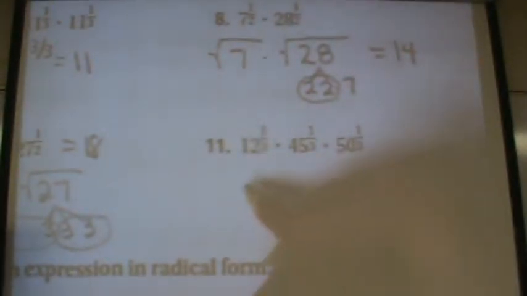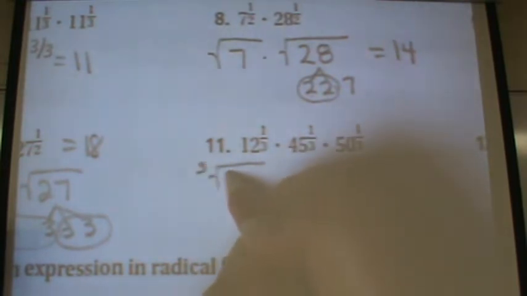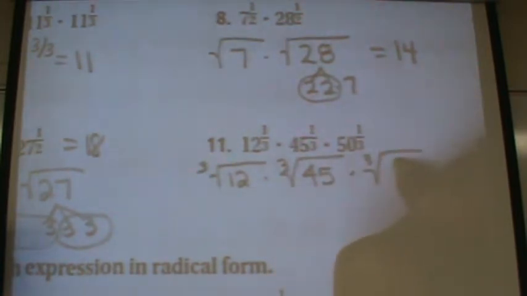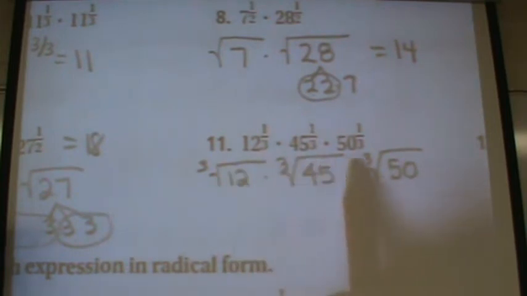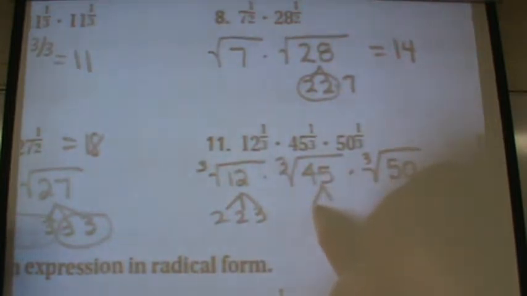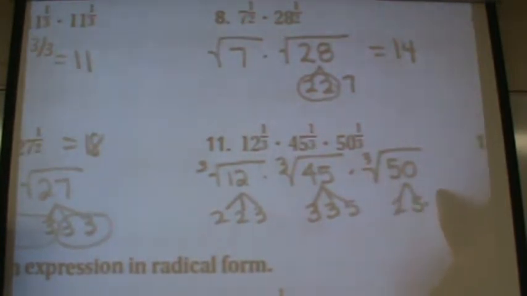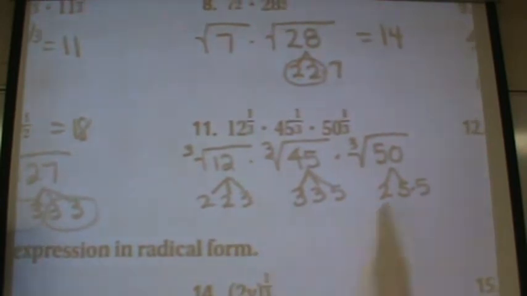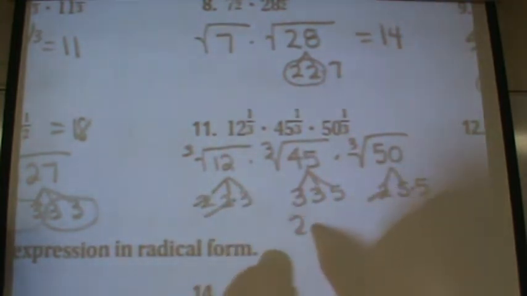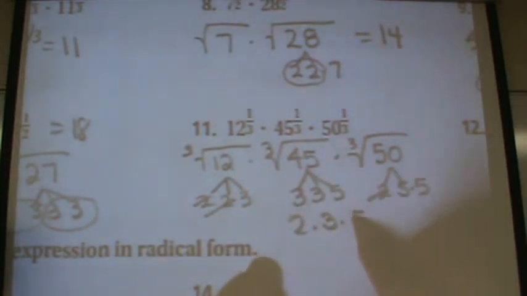Next one, all of these are cube root. So cube root of 12 times the cube root of 45 times the cube root of 50. So what am I looking for? How many of a kind? 3. So this is 2 times 2 times 3. This is 9 times 5 is 45. And this is 2 times 5 times 5. So do you see 3 of the same numbers? There's 3 2's. So we're going to take the 2's out. How many 3's do you have? 3. And how many 5's? So what is 2 times 3? 6. 6 times 5 is